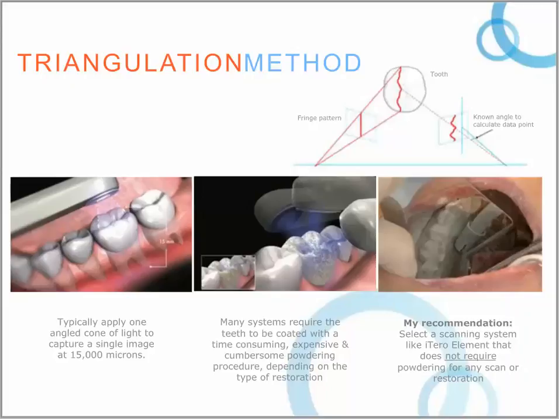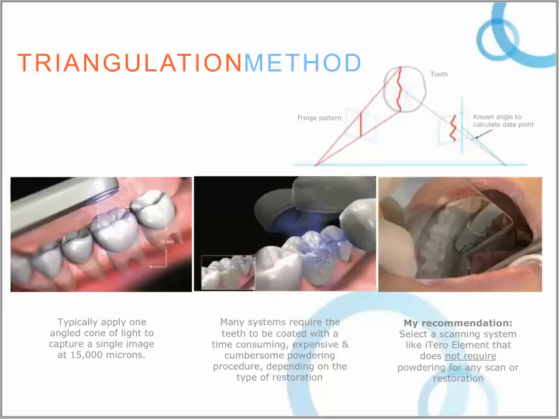These systems, not to get too technical with the technology itself, just know that the triangulation method, when we started, required powdering, dusting, or opacering, as it was called, a way that we could make the optical qualities of the information that we received on the scanner even. For example, the blackness of an amalgam or the shininess of gold would be masked and made equal or even in optical quality by using this powdering, dusting, or opacering. And you can see in the screenshot on the far right what it looked like to do this powdering or